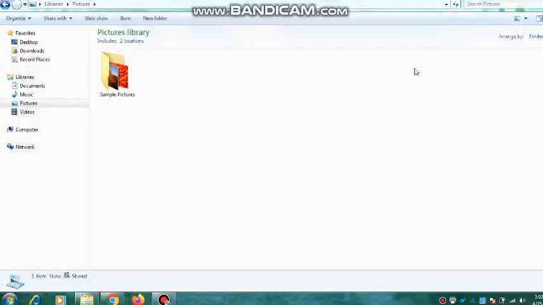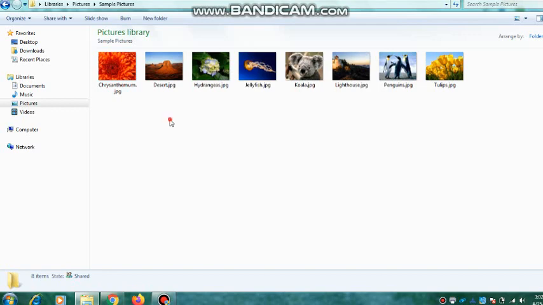As you can see, I opened the pictures folder. When I double click, these are the pictures here. Now, if you see this symbol, this symbol is used to view the pictures in different ways.